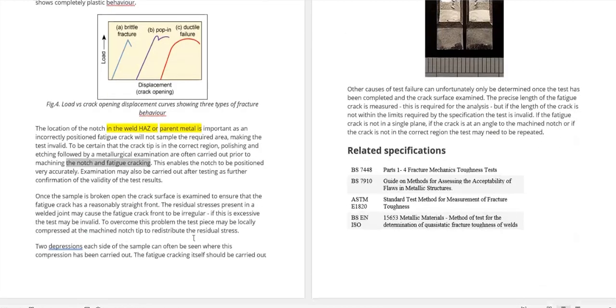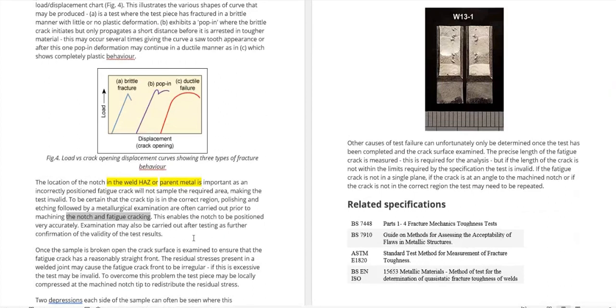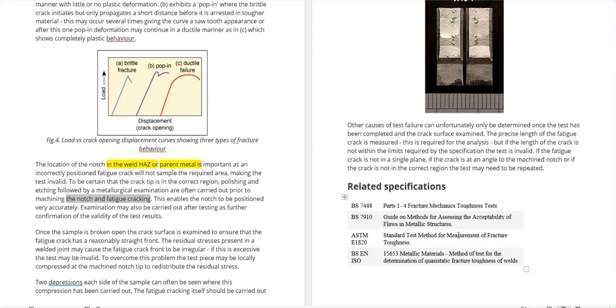It mainly measures the crack opening displacement versus load. But why do we do that? Is it just to say whether the material is behaving ductilely or not? That's the main purpose we are doing this. So here the data specifications: BS 7448 fracture mechanics toughness tests. BS 7910 is a guide on methods for assessing the acceptability of flaws in metallic structures. ASTM E1820, BS EN